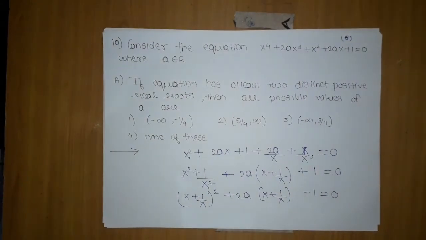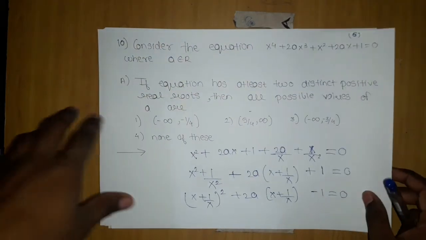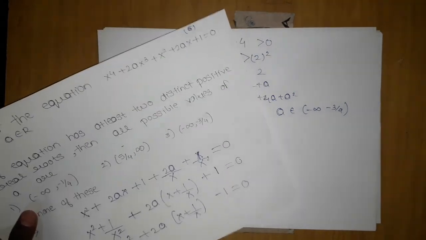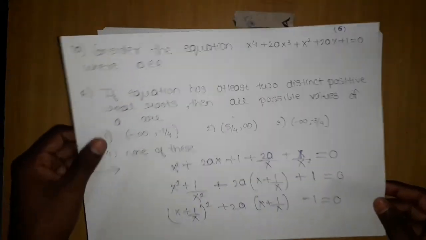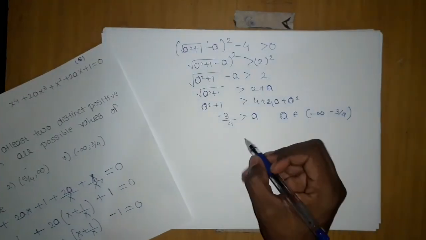So I hope you have understood what we were doing wrong. When you are considering the sum of the roots, just try to consider it separately rather than just taking it from the equations. It can waste a lot of your time, just like we did this silly mistake, and you can see it cost us so much time. So please avoid this mistake in such questions. So we are done with this question, and third is the answer.